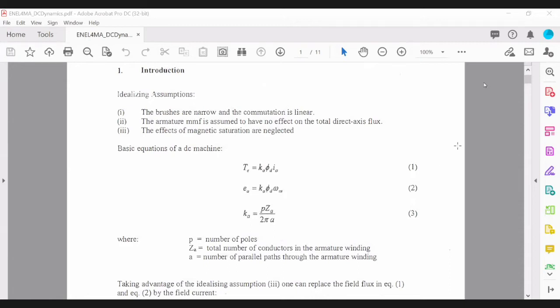And we will basically derive the transfer function of the motor to represent the dynamics of the machine. So you will find that we will convert our equations from time domain to your S domain, and we'll apply Laplace transform, and that will enable us to show the transfer function, and also enable us to look at whether